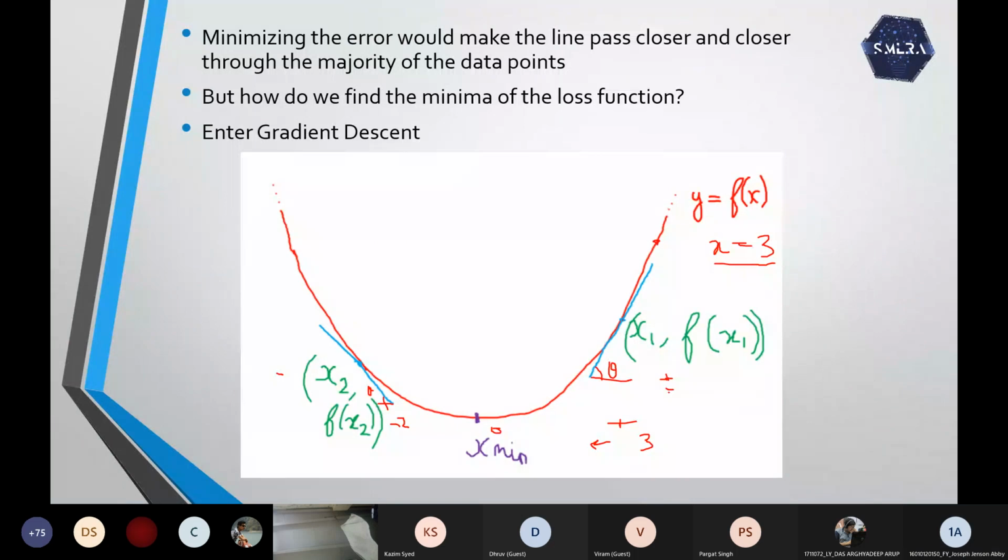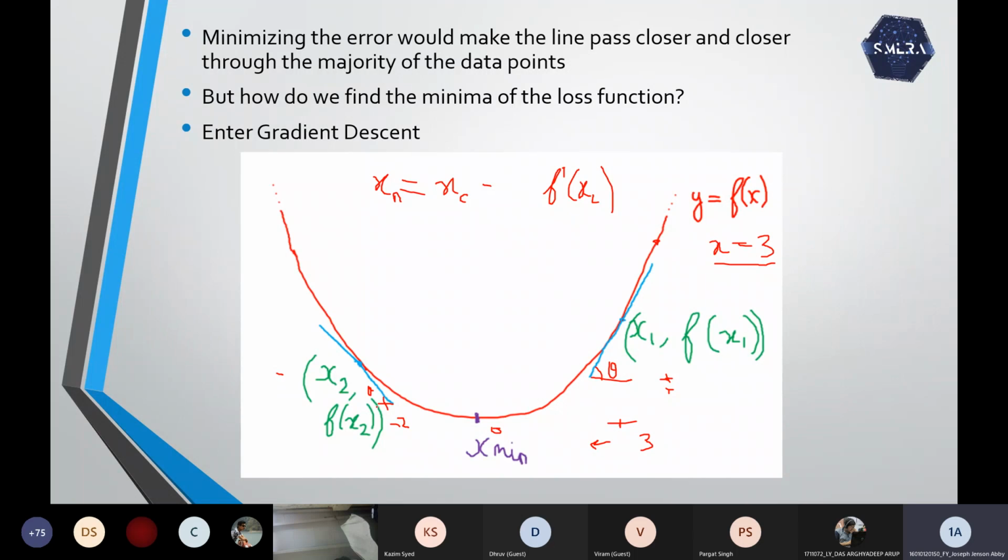Correct? Now, as I mentioned, gradient descent is an iterative algorithm. Every time you're going to update the values of x. Say y equal to f of x, and you have taken a random value. Now what you're going to do is this: the next value of x is equal to the current value of x minus f dash, the derivative at that particular point. Now this f dash of xc, as I mentioned, is positive here. So minus f dash of xc, you will reach towards the minima. You're subtracting, so you'll reach towards the minima.